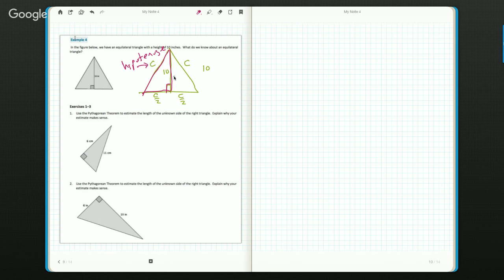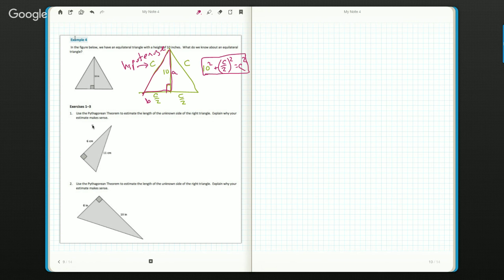Now, we know that this becomes A and this becomes B. So I know that this side squared plus this side squared is equal to this side squared. So let's go 10 squared plus C over 2 squared equals C squared. And that's our equation. Now, we're not going to worry about solving this one yet. We have a way of solving this, but we're not going to worry about that right now. We're just worrying about finding patterns, looking at pictures, and making deductions about what must be true about these right